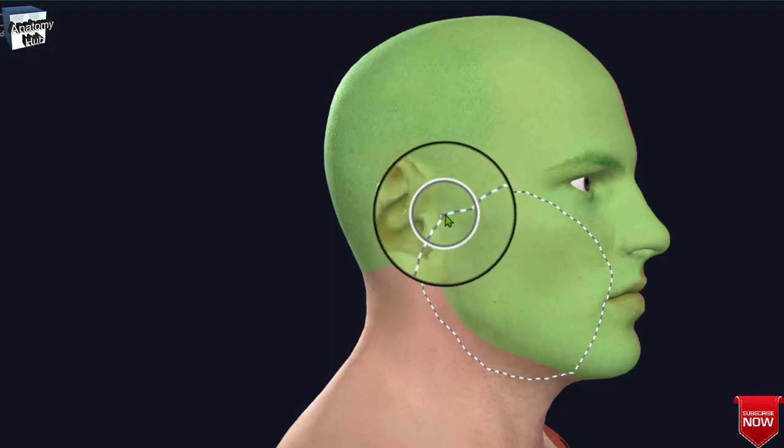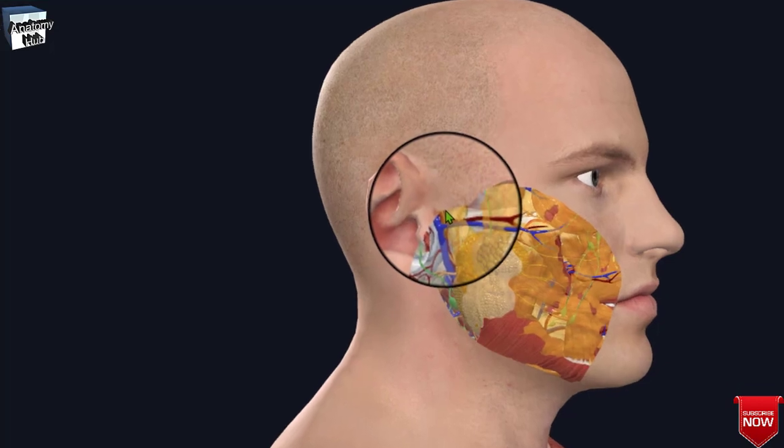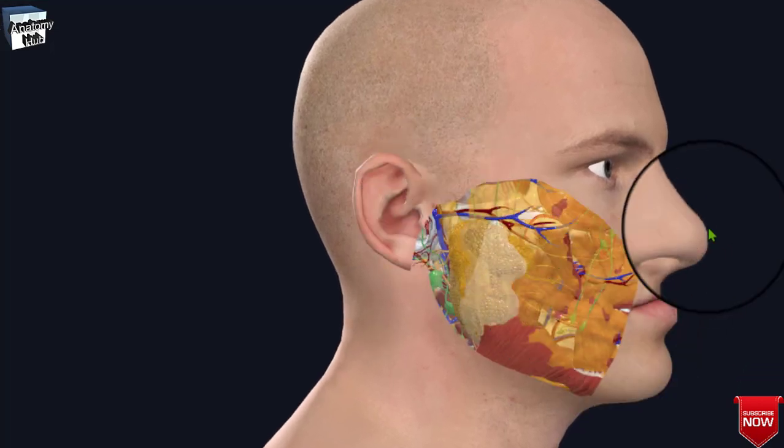We will remove the skin over this whole area so that you can see the parotid gland. After the skin removal, you can see the fat pads present here along with the